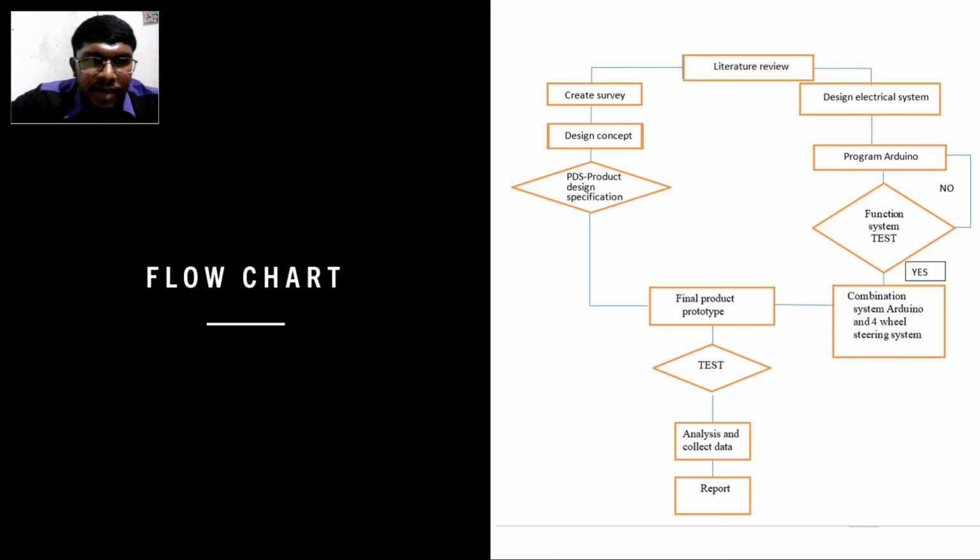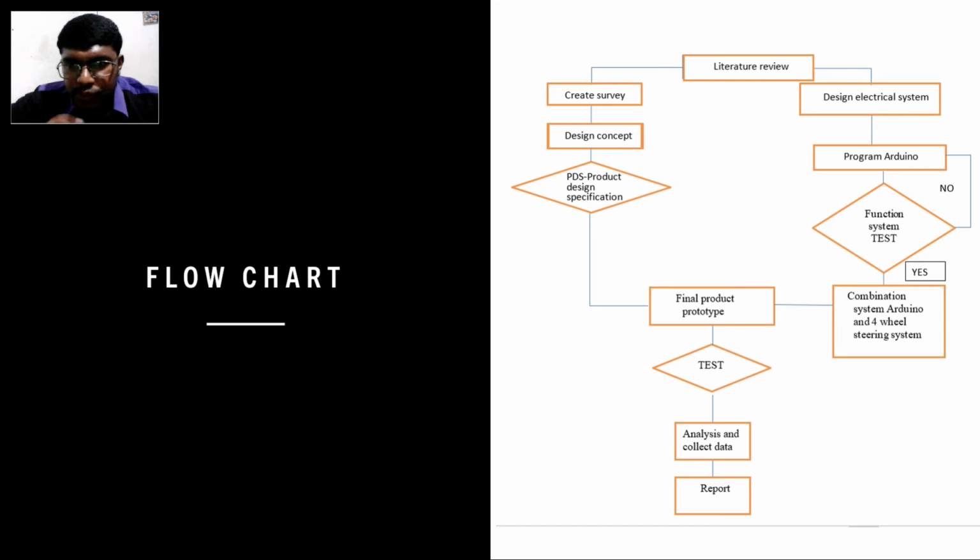Okay, this is my flow chart. Let me explain to you simply. First of all, literature review. Then we create a survey, design concept, and PDS, product design specification. Then we have to do the design of the electrical system and program the Arduino circuit. And we have to test the circuit. If it functions well, then we can proceed to the next step. If not, we have to repeat until the Arduino code